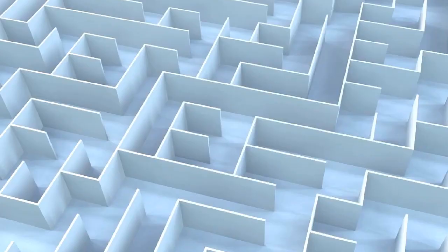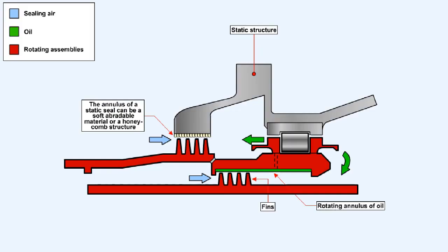To prevent the leakage of oil or air into spaces where it should preferably be excluded, several different types of seal are in current use. Most of these seals work on the principle of the labyrinth, which is another name for a maze. The labyrinth seal consists of fins which rotate within an annulus of oil, or, where the exterior of the seal